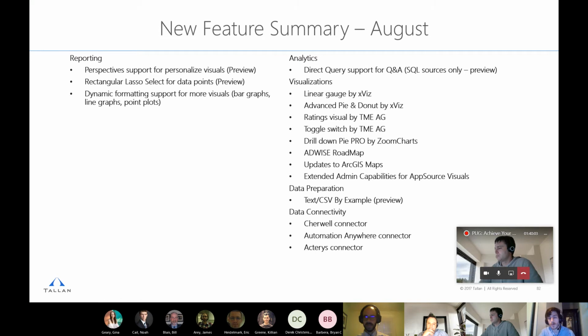Yeah, I have a question. This is Dave. So the updates to the ArcGIS maps, I don't use ArcGIS maps very often, but I have used them in the past, and they work great for doing heat maps. I recently tried using it, and it wasn't rendering the map, and I wasn't really getting any error messages. Do you think it could be that I'm not using the most up-to-date version of Power BI, and this update might be messing that up?